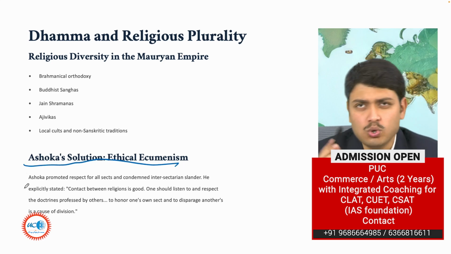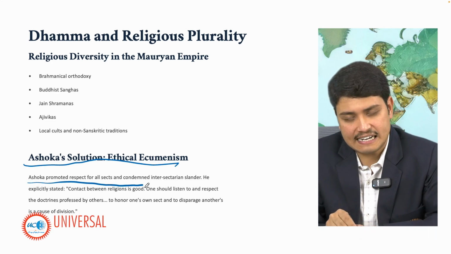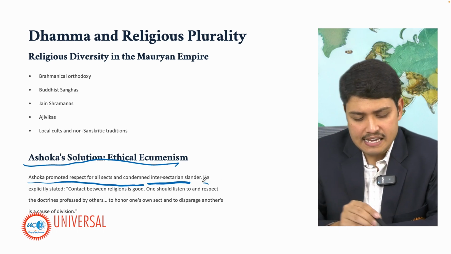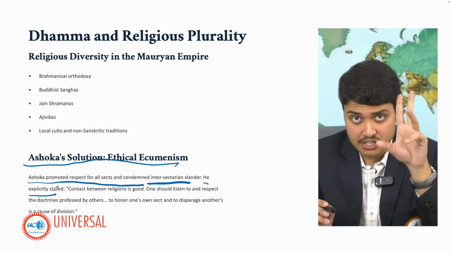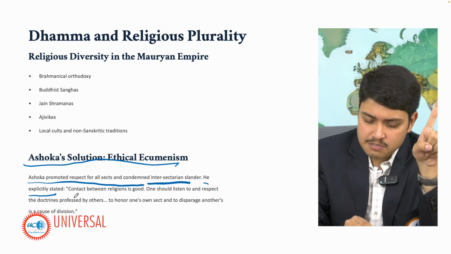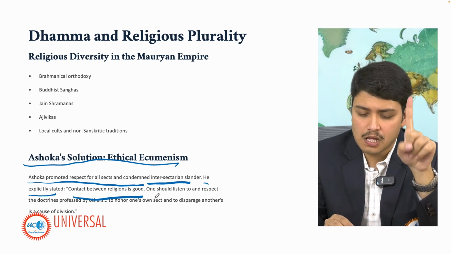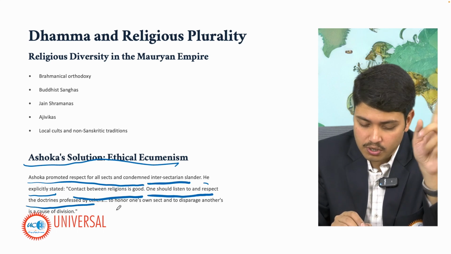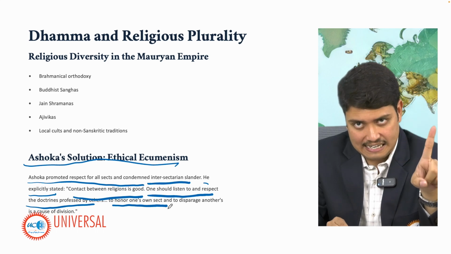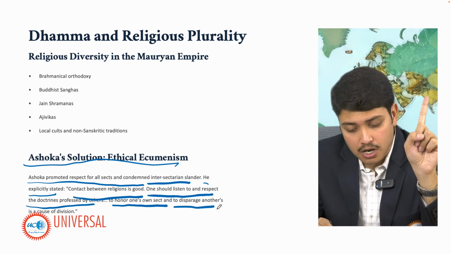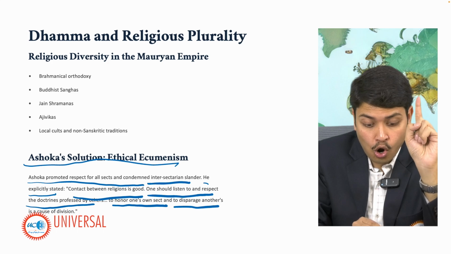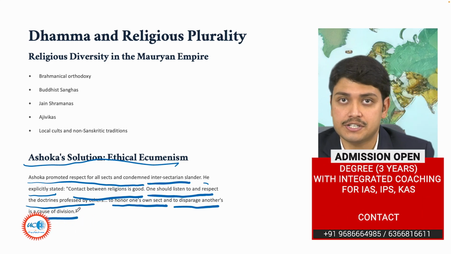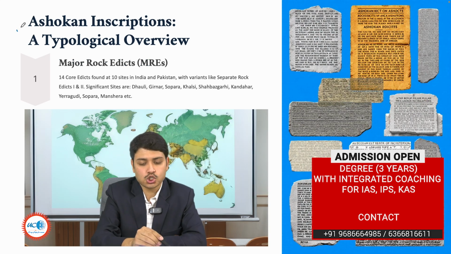Ashoka promoted respect for all sects and condemned intersectarian slander and clashes. He explicitly stated, and this is very important, "Contact between religions is good. One should listen to and respect the doctrines professed by the others." To honor one's own sect and to disparage another's is a cause of division that Ashoka wanted to eliminate. So the next slide is Ashokan inscription,